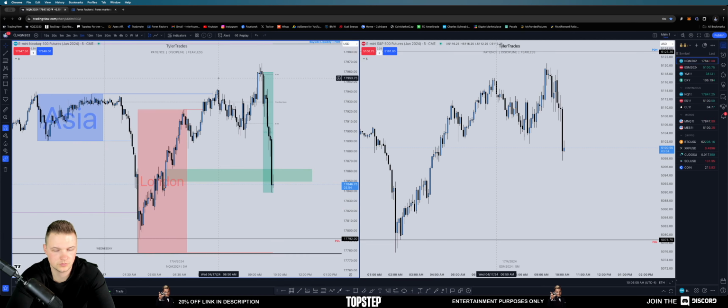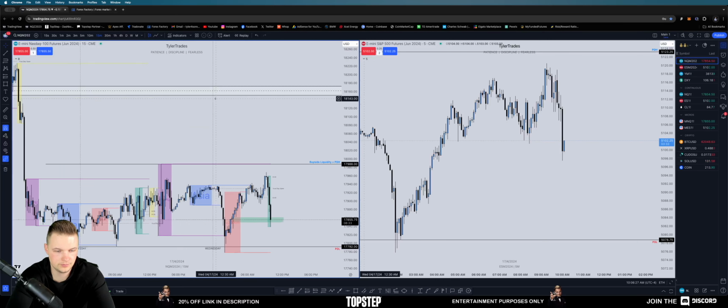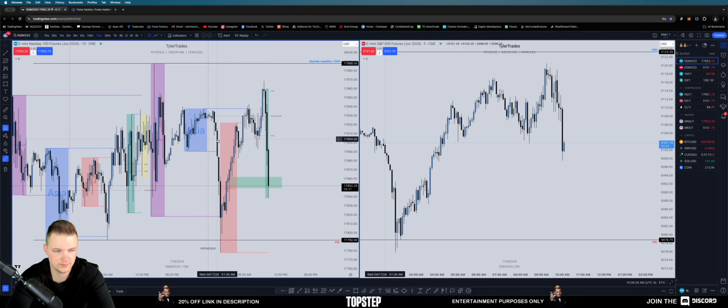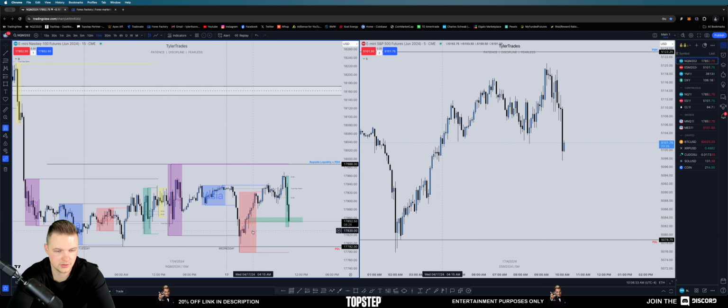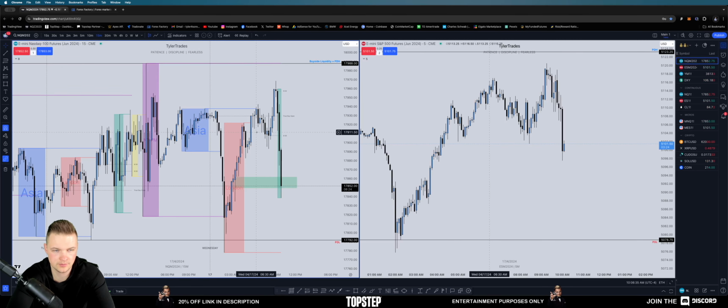Judas swing or nah? Depending on how you look at this, if you're just zoomed in, London, right? We took London and Asia high here, way early in pre-market. Pulled back, formed SMT here, pushed up. But you zoom out a little bit and look at what London did, right? Sweeps all of this, and then we quickly move back up.